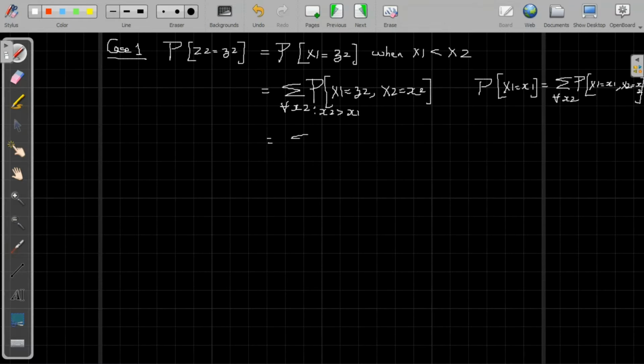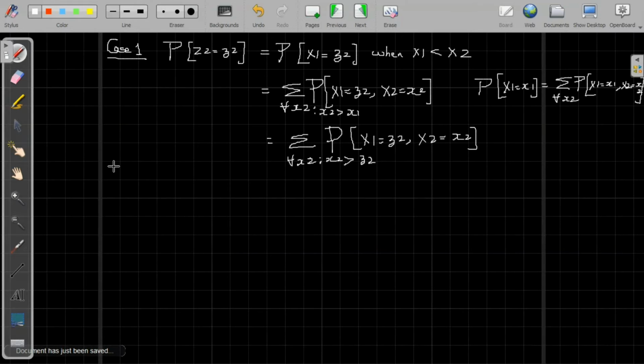So it can be further simplified: for all sample values of x2 such that x2 is greater than, here x1 is nothing but z2, so x2 is greater than z2, the probability that x1 is equal to z2, x2 is equal to x2. So this will be the probability that z2 is equal to small